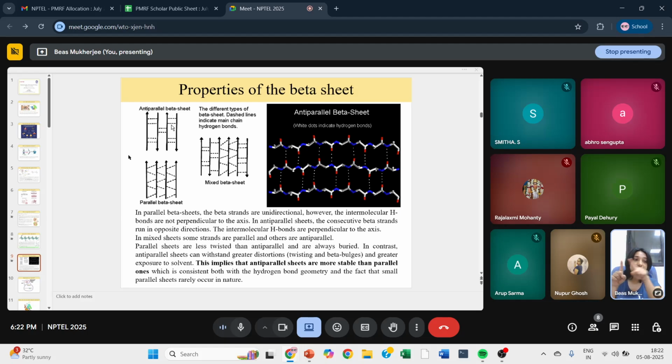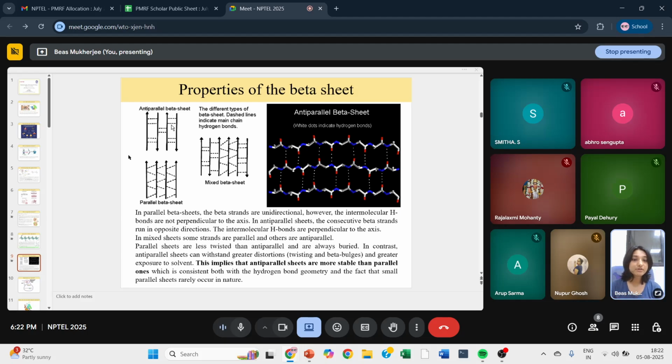Right? So here, when they are exactly perpendicular, the bond length is relatively small, but when they are zigzag, the bond length is more. So if the bond length is small, then the bond strength will be higher, right? Because of which even fewer antiparallel beta sheets can exist independently in nature. But if it is a parallel beta sheet, I think a minimum of 5 or so parallel beta sheets have to be present to be there in nature as a secondary structure in a protein.